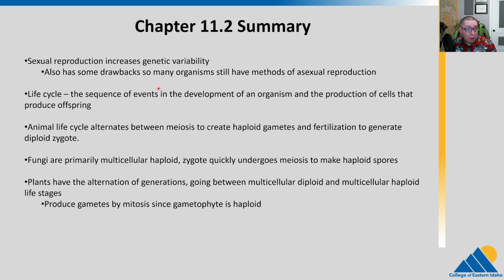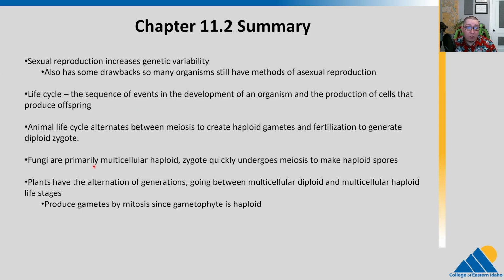All right, so sexual reproduction. Its goal is to increase genetic variability. There are some drawbacks there, right? So many organisms have methods of asexual reproduction as backup. We talk about plants, right? It's really hard to go out and find a new mate if you're a plant. You're kind of stuck where you are, right? So plants can have sex with themselves, but they can also reproduce asexually by creating new runners that go off and become a new organism or things like that.